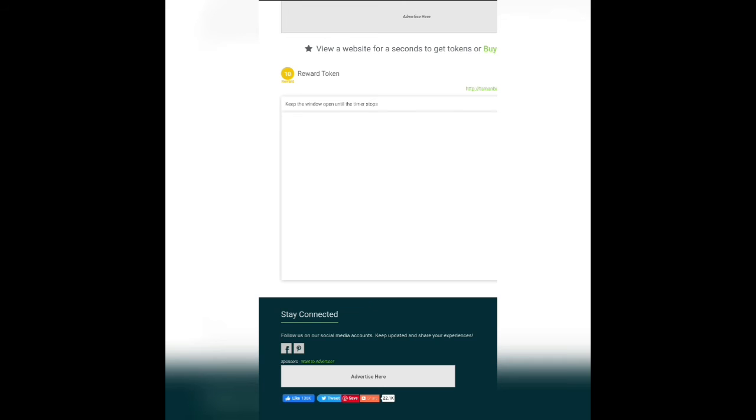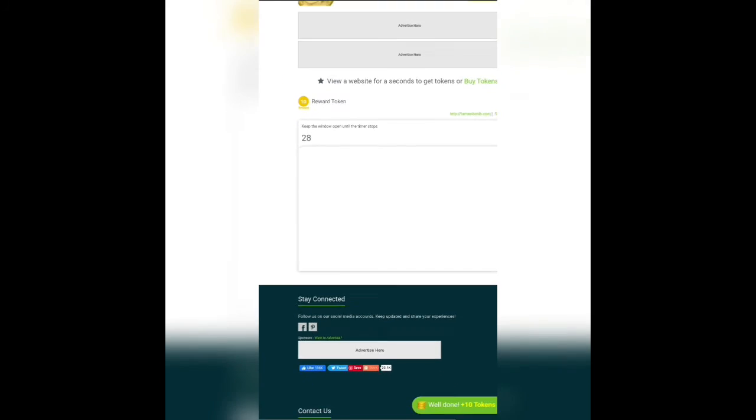And like that it keeps serving ads and you will keep getting tokens. Now you can see it is already there. If you want, you can go and check. See again, when this countdown reaches 0, you will be rewarded with 10 plus tokens, and the same tokens will be used automatically to get subscribers to your channel. You have to do this much only, and you don't have to do any extra things.